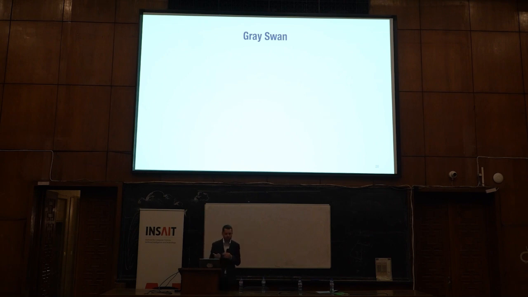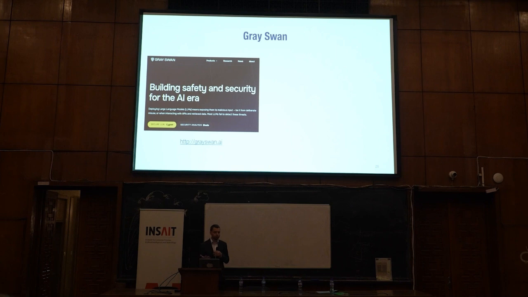So myself, my colleague, and Andy founded a startup called Gray Swan. And Gray Swan is actually trying to do two things. Number one, we are trying to build language models that are secure to these kinds of jailbreaks and adversarial attacks, and actually can follow the instructions of the user. Number two, we're also building software that creates automated attacks on language models such that we can find vulnerabilities and fix them in our own models, but also in other models as well.